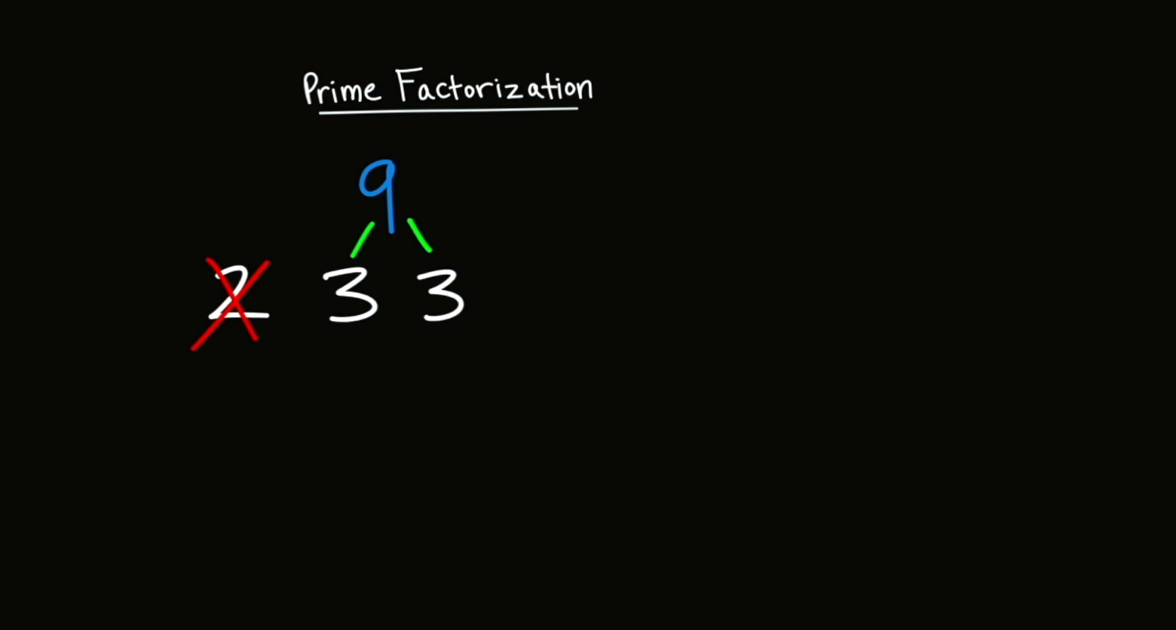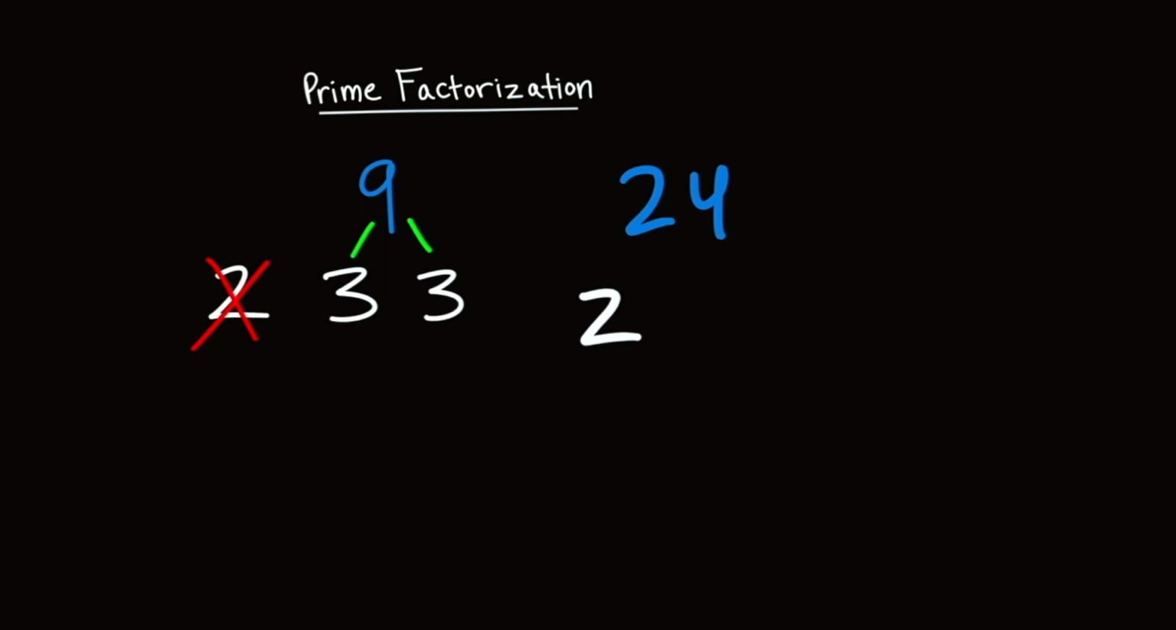Let's think about 24. Let's start again with 2. Does 2 go into 24? It does. Now what's the multiple of 2 that gives us 24? And that multiple is 12. And this one's a little more interesting because while 2 is a prime number, 12 is not. So what we need to do with prime factorization is that we continue this tree until we reach all prime